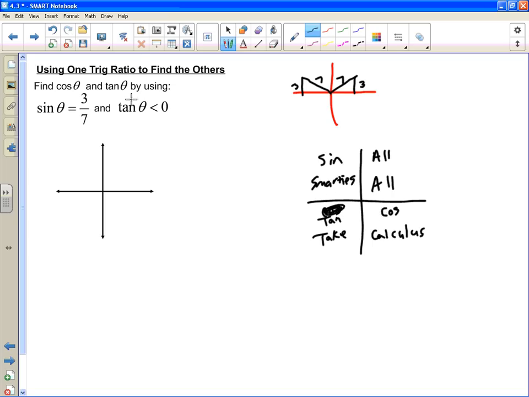So this problem is telling me that tangent is negative because it's less than 0. And it's actually also telling me that sine is positive because it has positive 3 over 7. So if I look at this, sine being positive has to happen in the first or the second quadrant, so it can't be either of these. Tangent being negative means that it can't be the first quadrant because tangent is positive in the first quadrant. So the only possible place for it to be is in the third quadrant. So let's draw a triangle